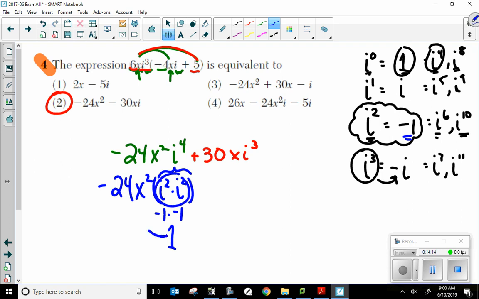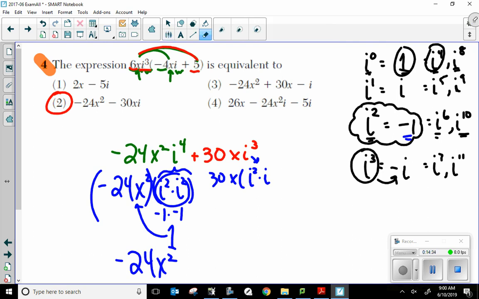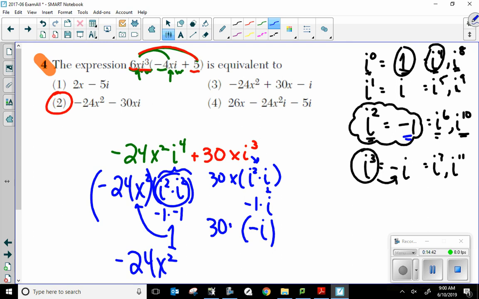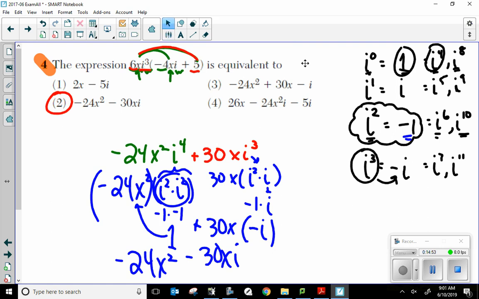So it would be 1 times negative 24 times x squared, which would be negative 24x squared still. Then we have 30x. My i to the 3rd can be i squared times i. The i would just stay the same. i squared is negative 1. So that's negative i times 30x, and you would still get minus 30xi. So you can do it that way. If you get stuck remembering it, you can always break it down. But I think that first way is by far the easiest way, just to know your